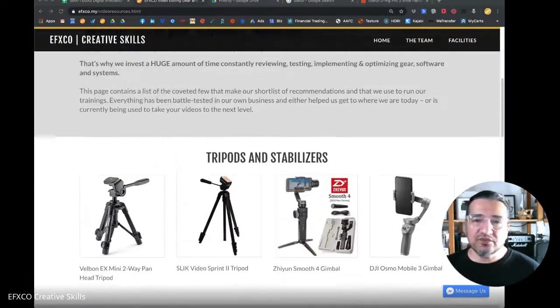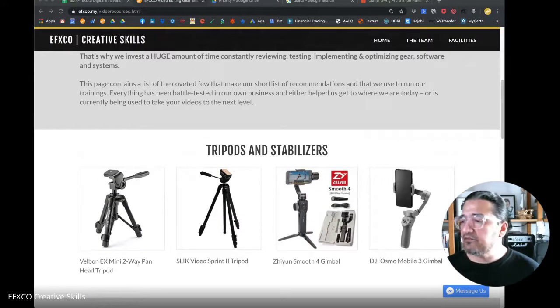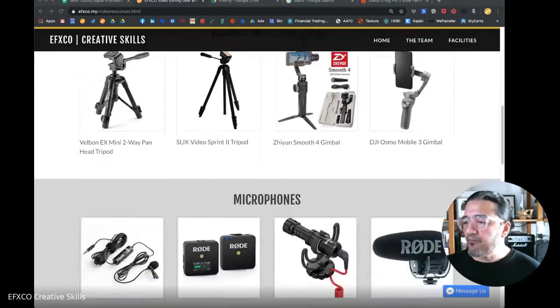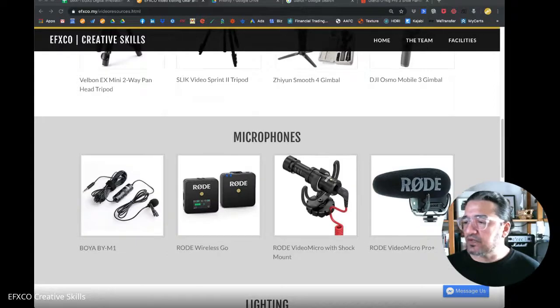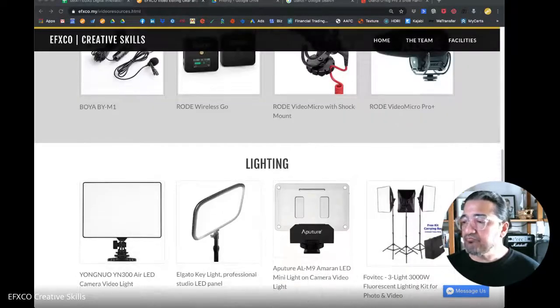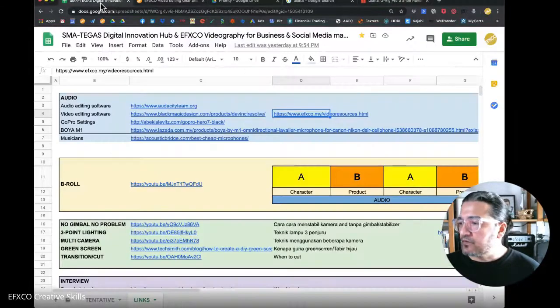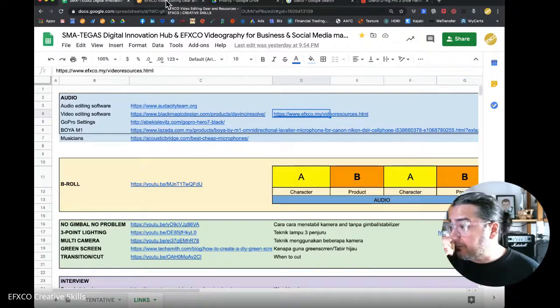Obviously, all these things will change because things go obsolete, kind of thing, and all that. But look for the brands, right? They're like the Velbon, the Boyas, and the Rhodes are good products. Yeah, they're good equipment. All right. Okay. So I want to talk about the next topic. I want to talk about B-roll. Yeah. Oh yeah. Before that, let me just share with you